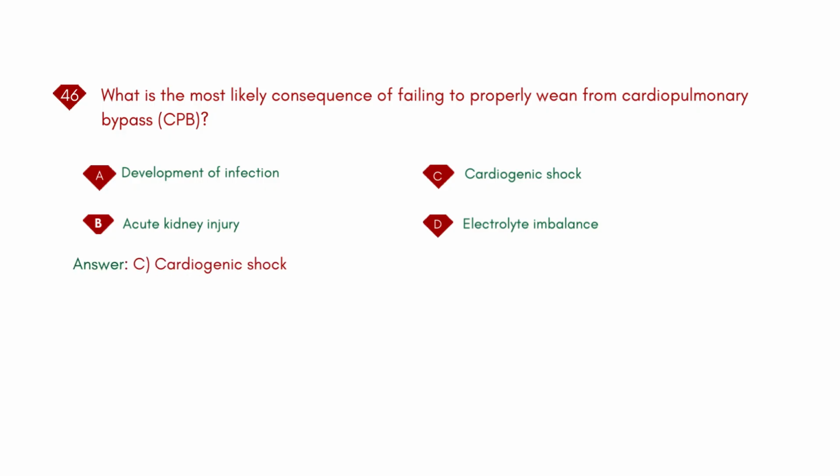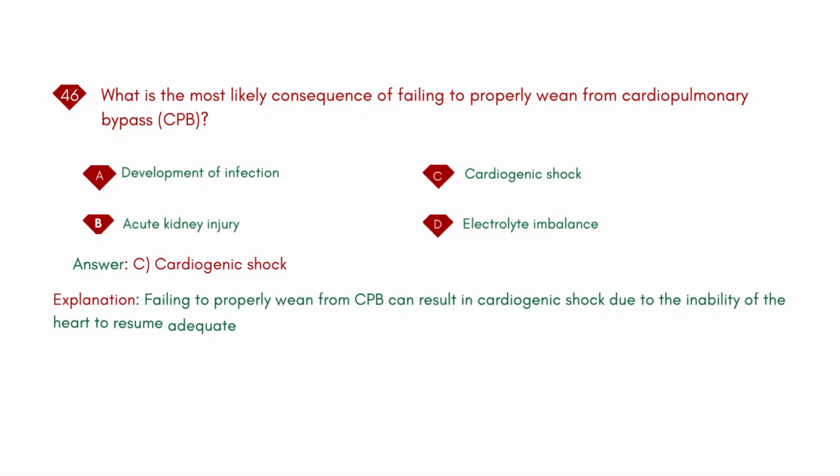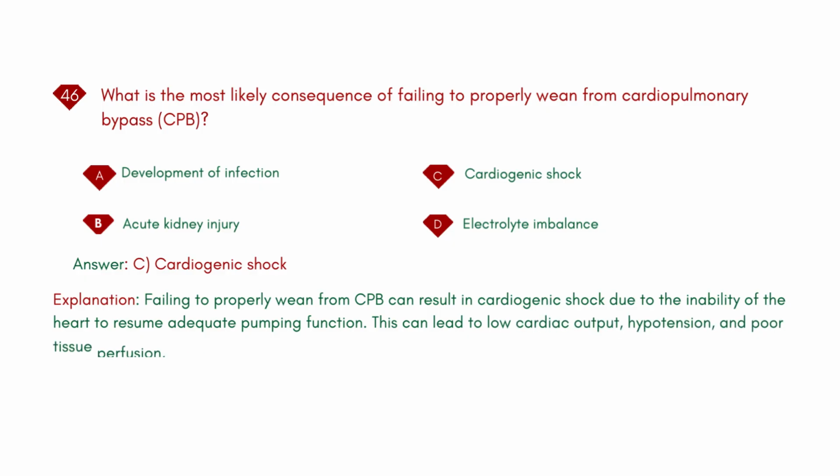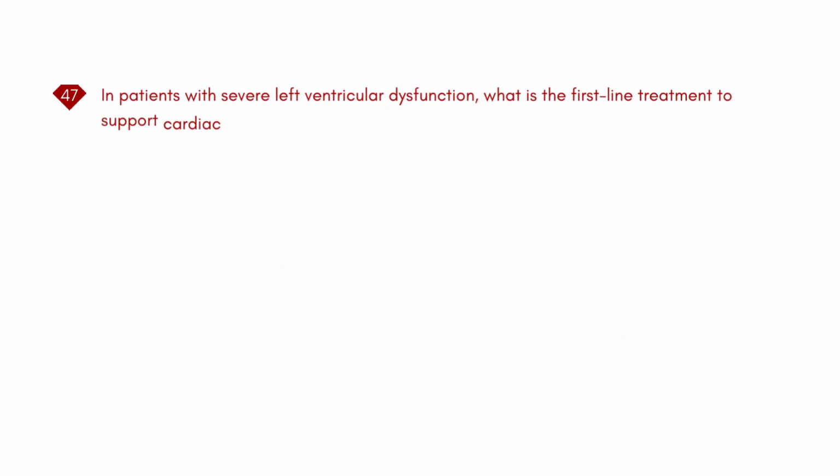Cardiogenic shock. Explanation: failing to properly wean from CPB can result in cardiogenic shock due to the inability of the heart to resume adequate pumping function. This can lead to low cardiac output, hypotension, and poor tissue perfusion, which are hallmarks of shock. In patients with severe left ventricular dysfunction, what is the first-line treatment to support cardiac output during the weaning process